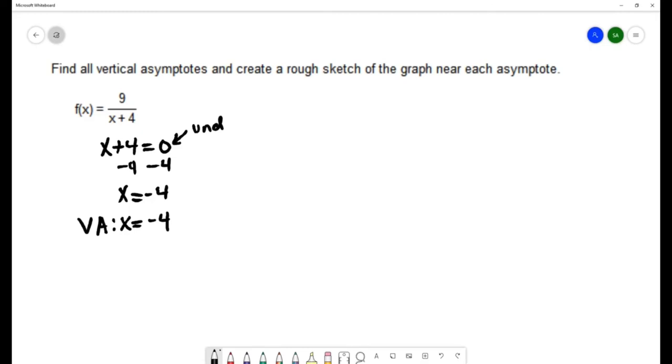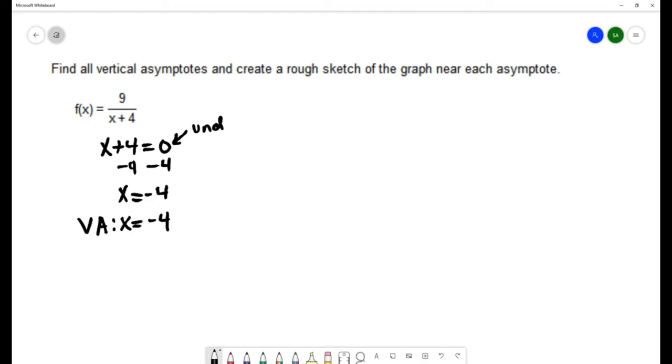Now that's true as long as you have written that function in lowest terms, because there's another type of spot where the function is undefined called a hole in the graph or a removable discontinuity. And those can happen if your function isn't in lowest terms. So we know that this is a vertical asymptote because that function was in lowest terms,